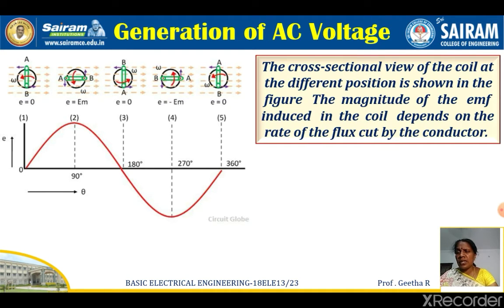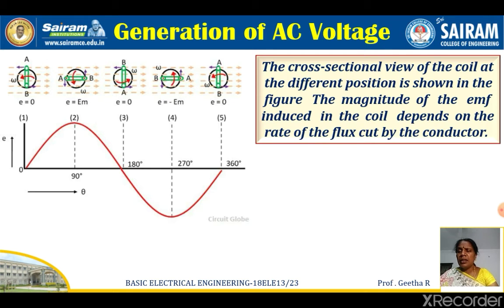When the coil is rotated, the arrow mark shows the movement of the coil. When the velocity component of the coil is horizontal to the magnetic field, there will not be any cut of the magnetic field. When the velocity component is perpendicular or at some angle, there will be an interruption in the magnetic field, or you can say there will be a change in the magnetic field, or a flux cut.